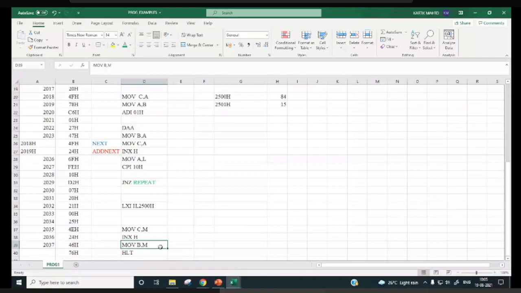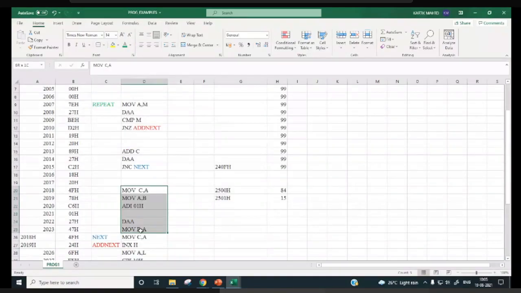Right, we discussed how to increment, count in BCD. Right, here these 4 instructions are actually used for counting. Merge and center.